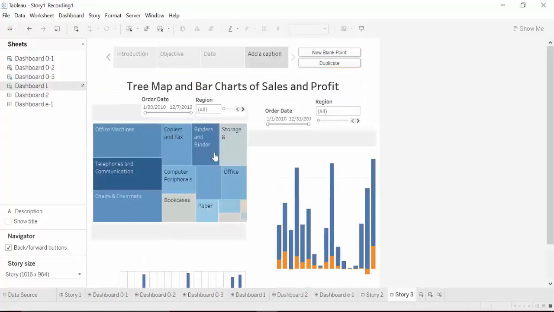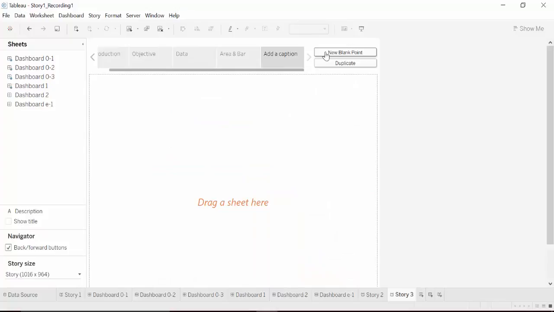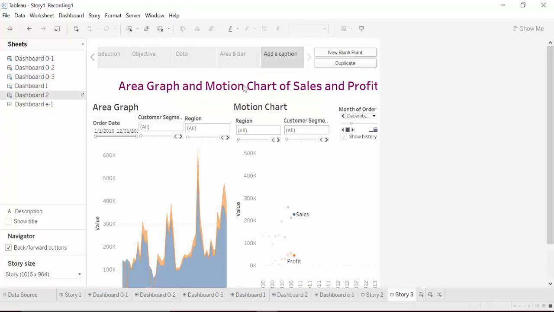We are bringing in the graphs from dashboards that we already created before, call it area and bar charts, and use another one and call it motion